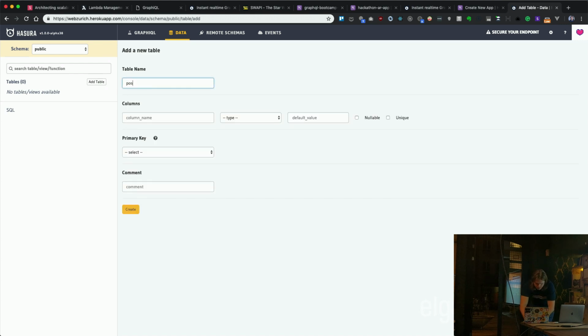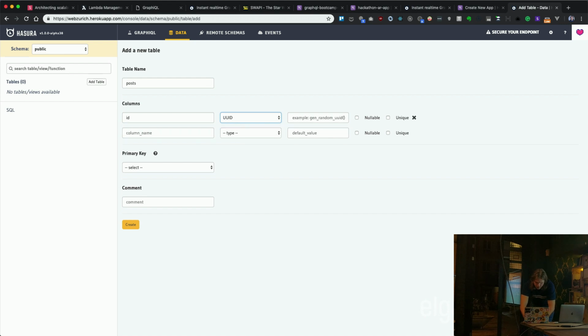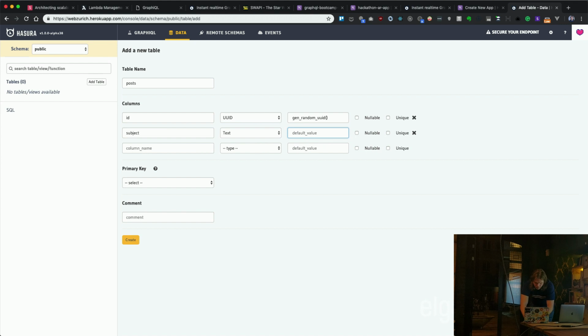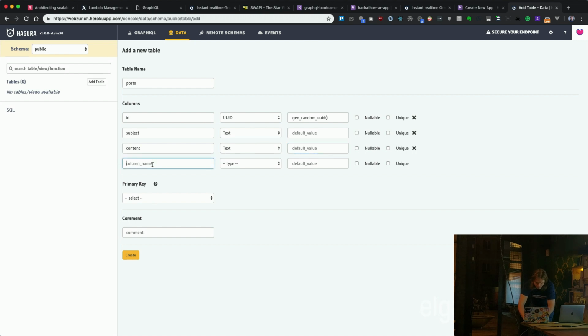So let's create one. I'll create a table posts. I will add an ID, define the type of ID as unique, and use the generate random UUID helper function to generate it. Now I will add subject of type text without default value, and I will add some content with type text without default value.